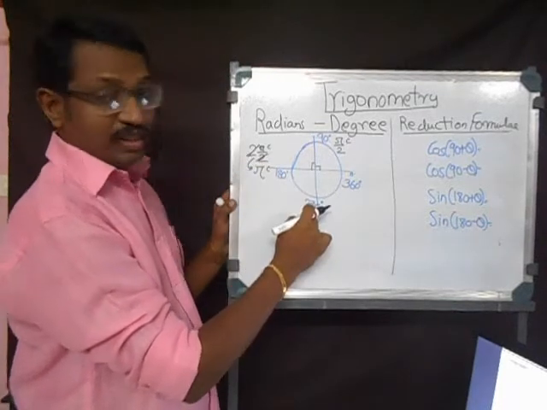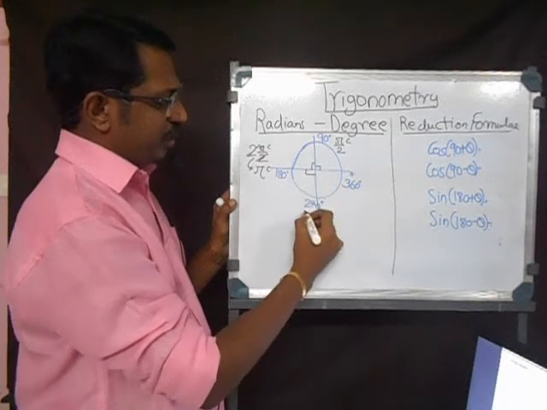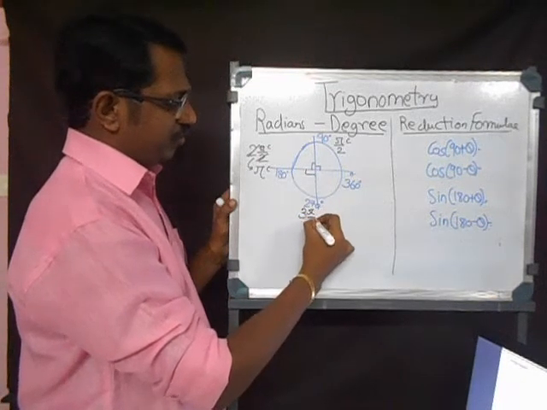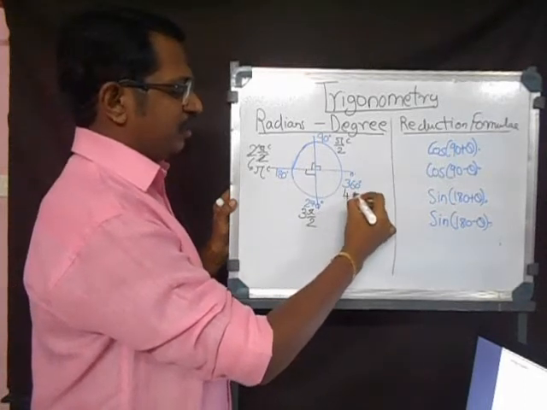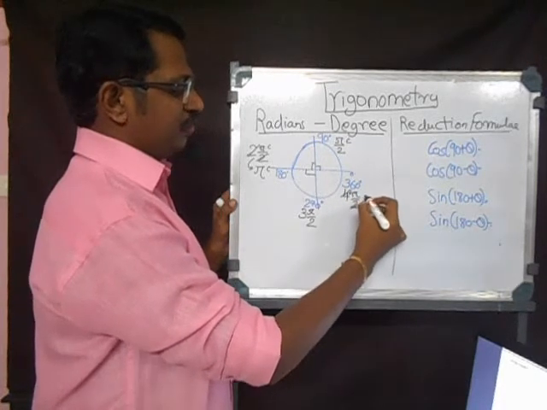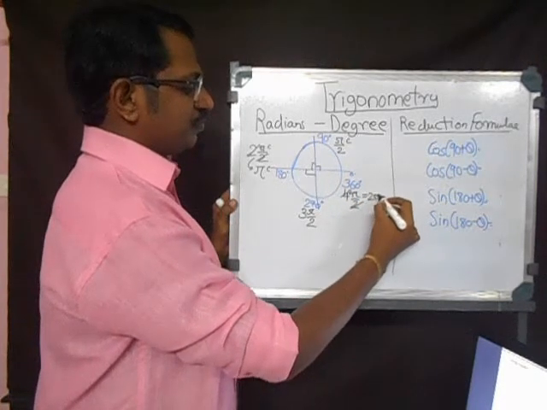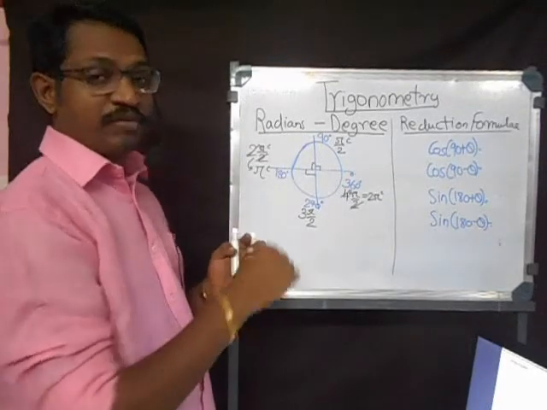So what is this then? This is 3 times, this is first, second and this is 3 times pi by 2. So this is called 3 pi by 2. As easy as that, this is 4 pi by 2. 4 pi by 2, the 2 and 2 cancel, it will come out as 2 pi radians. This is how you work out radians, and similarly for other angles.